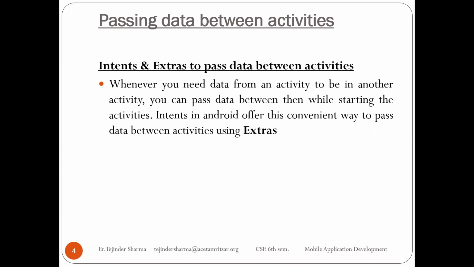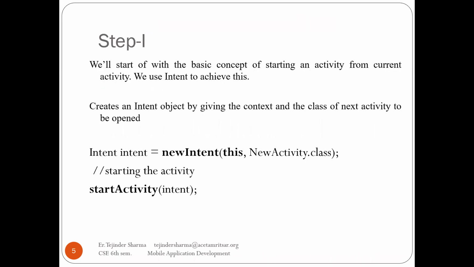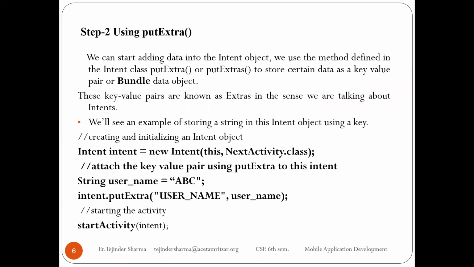So extras method is of two variants. One is getExtra method and another is putExtra method. So this, you know, that we can start the activity from the current activity. We can use the explicit intent. So the snippet is Intent. You will create the object of the Intent class and you will say new Intent, MainActivity.this to NewActivity.class. When you start the activity intent, it will move to the second activity. Now we have to write some code in between in order to use the getExtra and putExtra method.